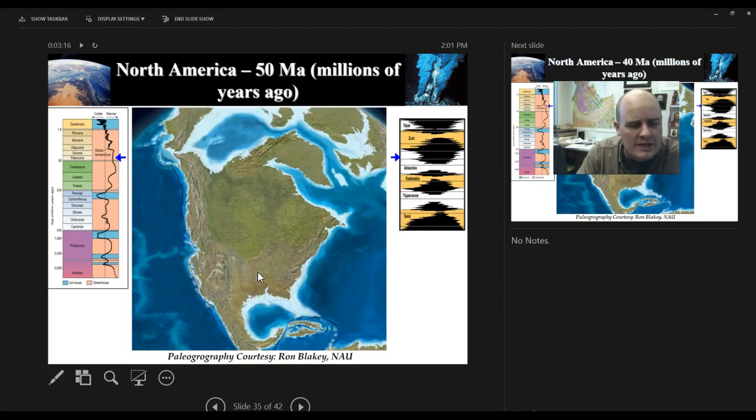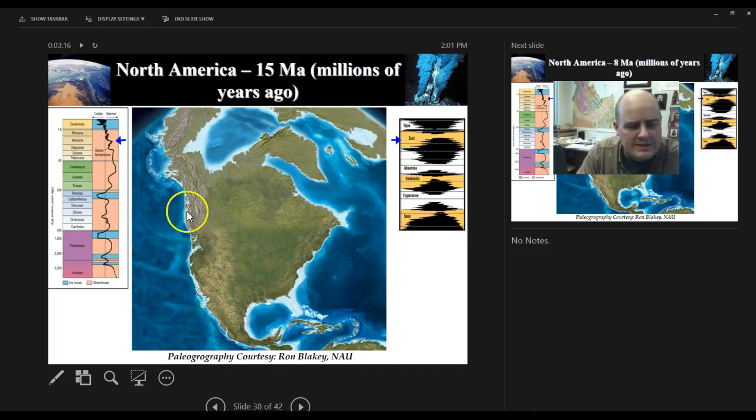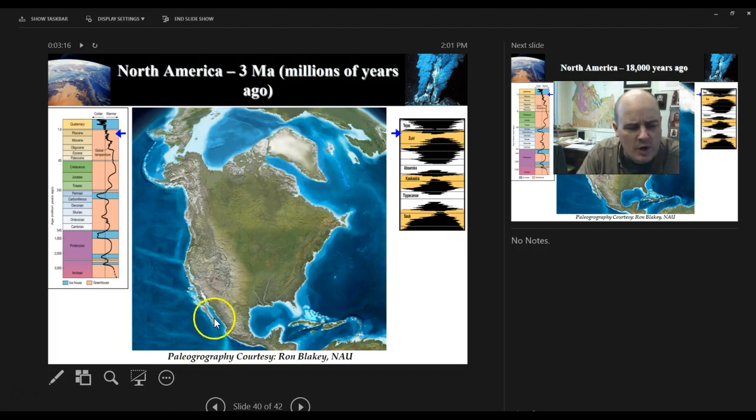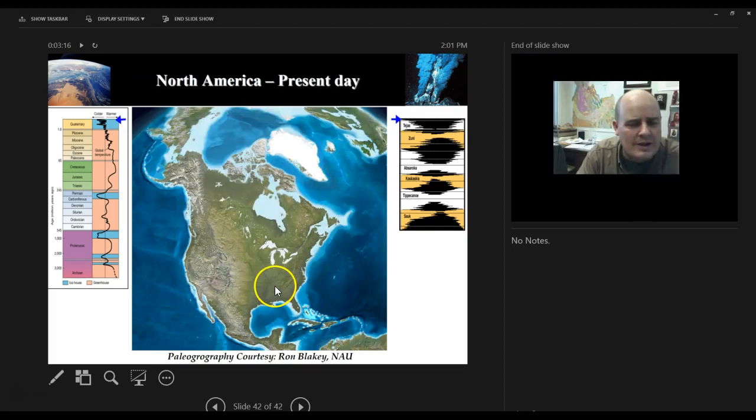Keep going, and here comes this mid-ocean ridge inward. Okay, it slams into the coast. The divergent plate boundary does, pulling apart the coast down here, forming Baja California and forming the San Andreas Fault. Okay. And then you have my favorite time frame, because this is when I do a lot of my geological studies, which is the last ice age, about 18,000 years ago. Okay, and then you have modern day. Okay, pretty cool. So that kind of